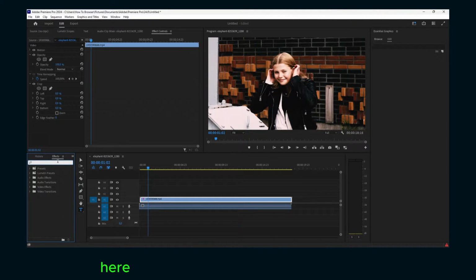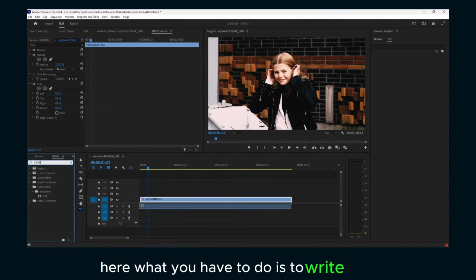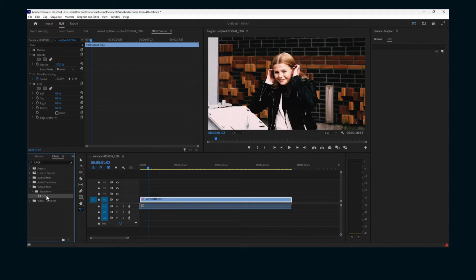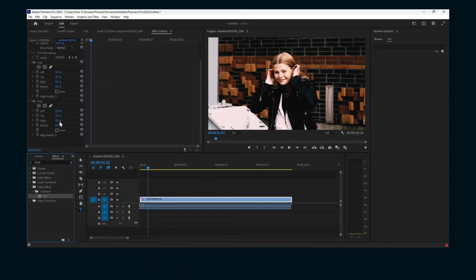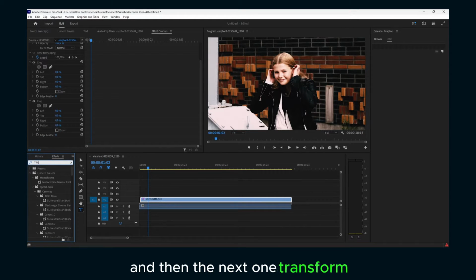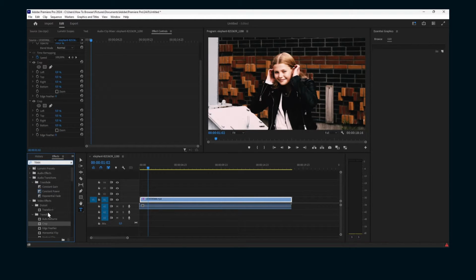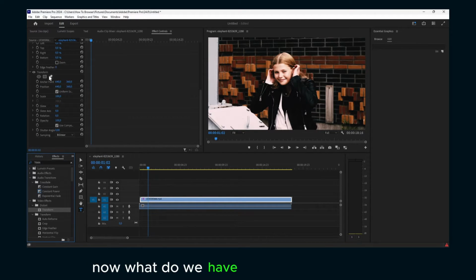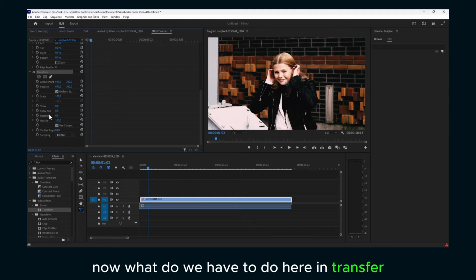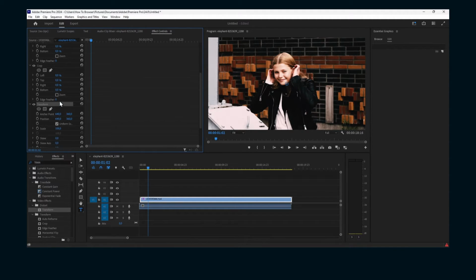Here, what you have to do is to write crop. Grab this and drag it to your video, and then the next one, transform. Now, what we have to do here in transform is to click on,